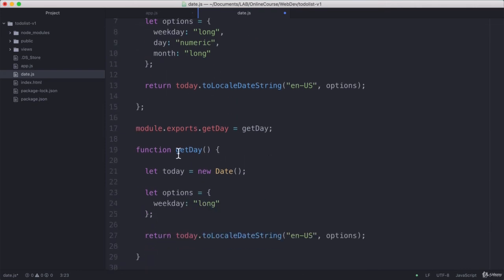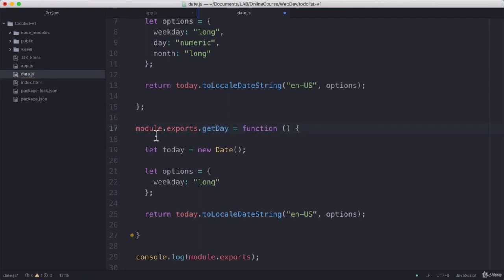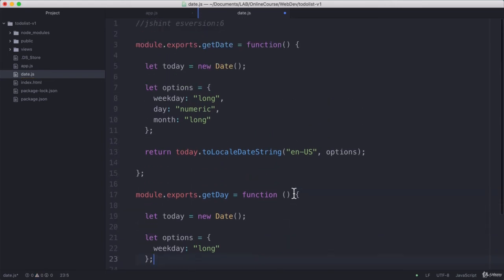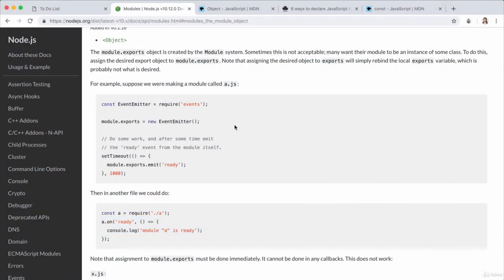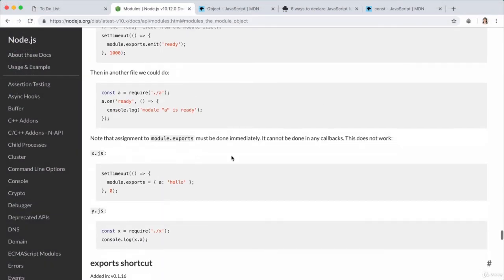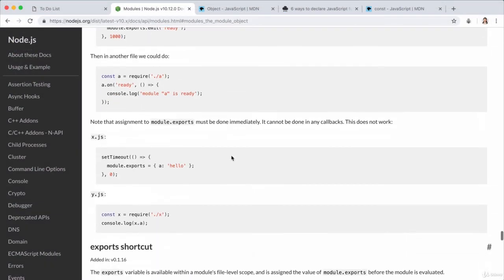Let's go ahead and do the same thing over here. Let's delete this name of the function to turn it into an anonymous function, and we're simply going to set that function to equal module.exports.getDay. Now we can make this even shorter by reading through our Node.js documentation, because if you scroll down a little bit,